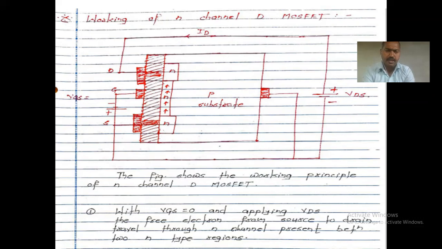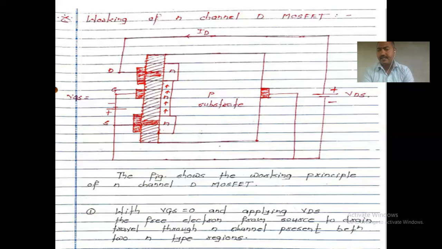The main thing is the value of VGS. As you make VGS more negative, the size of this channel should reduce and there should not be flow of the current. One point is that as we increase VGS, which is more negative, in that case there should be the smallest channel between this, and there should not be flow of the current with respect to this type of configuration.